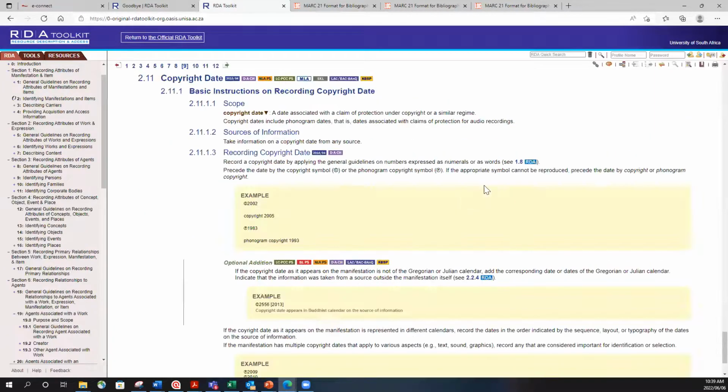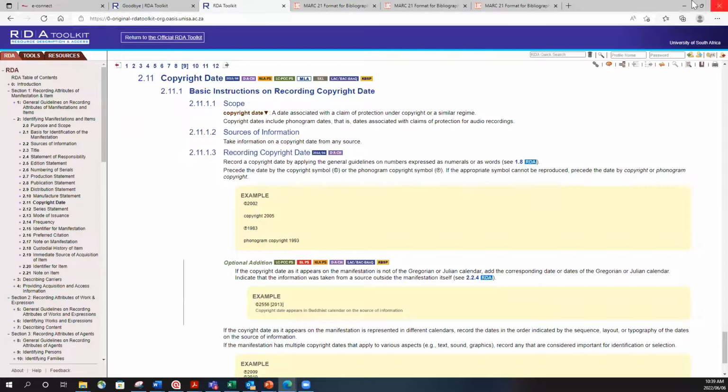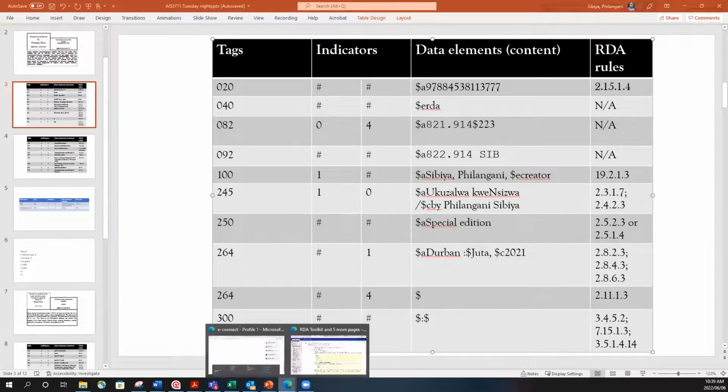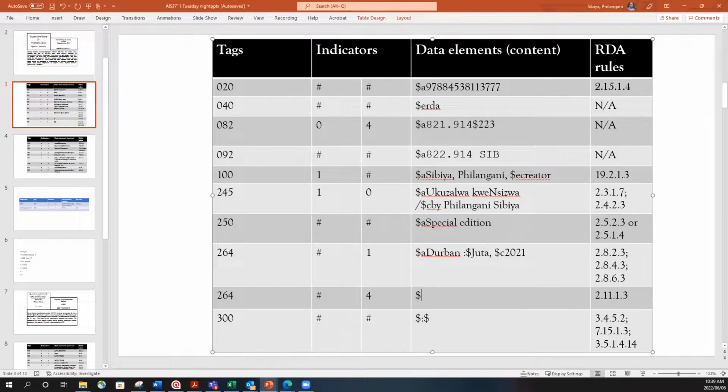Then you go on by recording. So here it is. In my case, I've written it here just to ensure that for someone who wants to check how we do it, or which rule we used to record the copyright notice date, they can easily go and check the particular rule. So in our case, we check, and then after we have noticed that this is how we record this information,